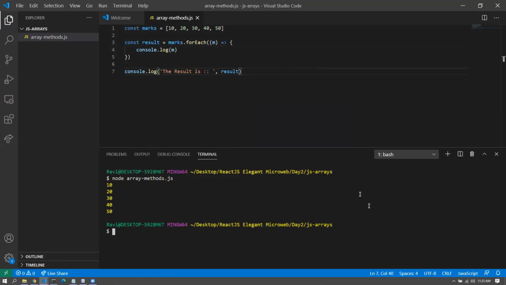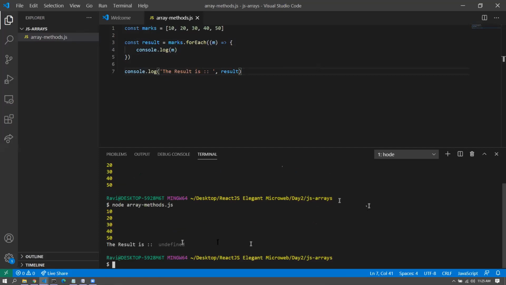If anyone has done JavaScript in much detail, they would be aware of it. Otherwise, it's fine. So the output definitely would be something, but what I'm talking about is the result variable. What would it be storing in it? Let's see. Sahil says object. Let's see what it is. The result is